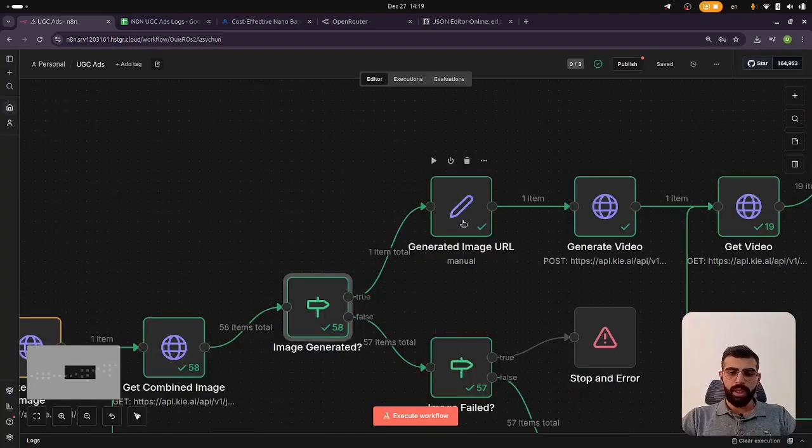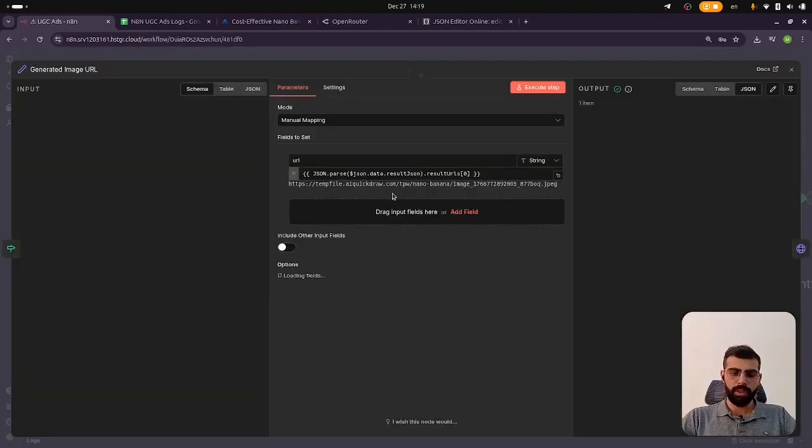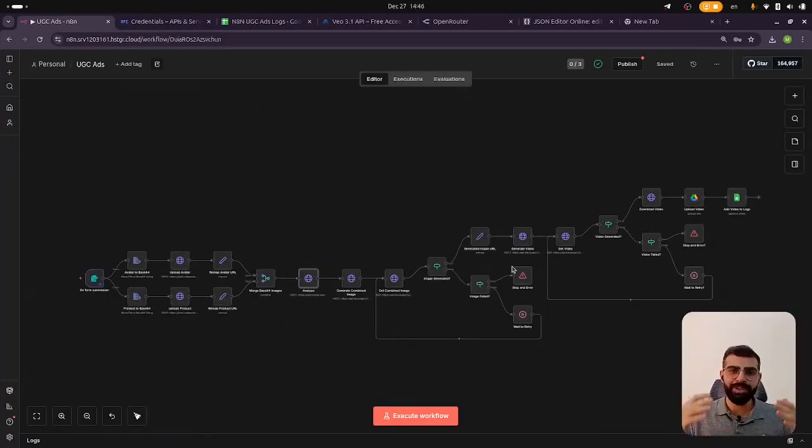So after a while, we're gonna get the result, and the result is successful. So we're gonna actually extract that URL for ourselves, the URL of that image. So as you can see here, if I copy and paste this URL,